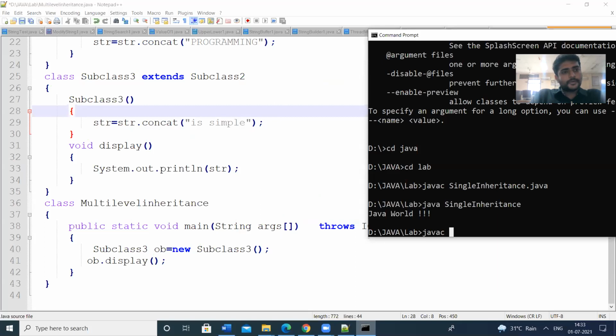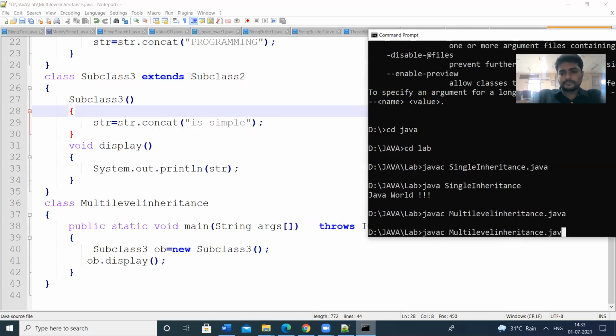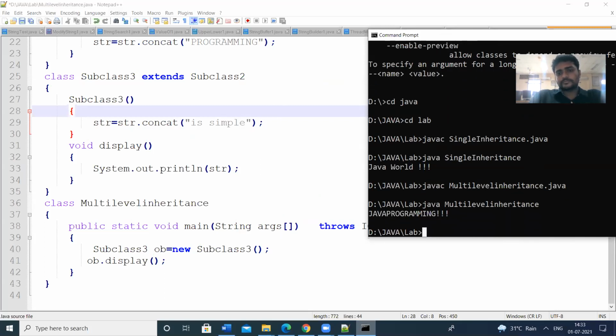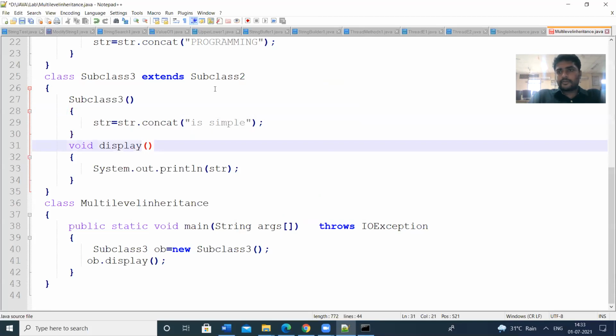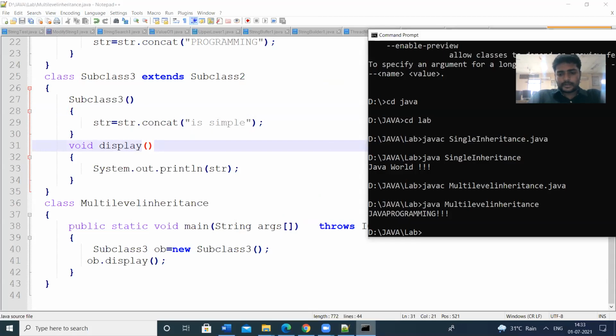The Java program name is multi-level inheritance. I have not saved the program. Let us save this one and compile.